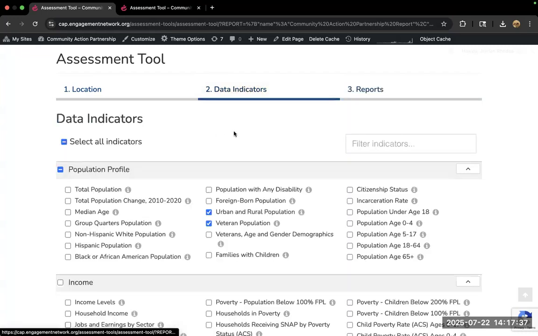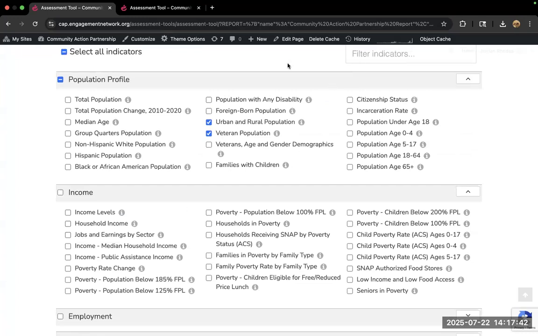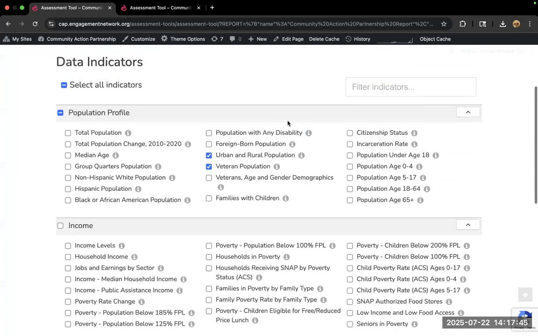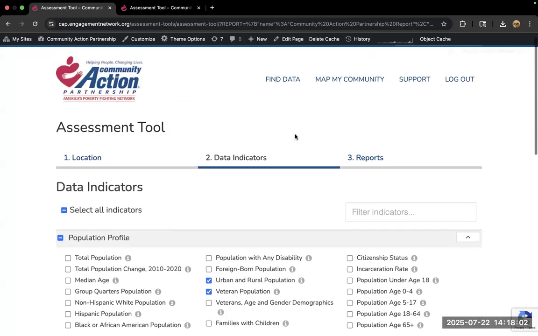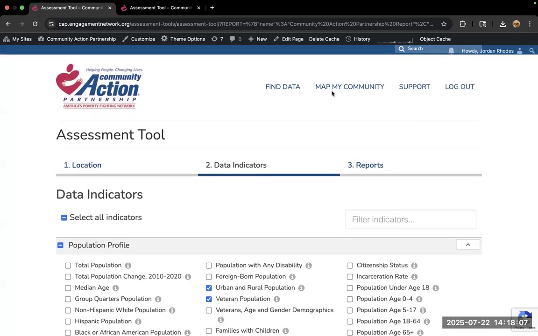Okay, so we pull data from over 100 sources. A lot of the data in this report are going to come from the American Community Survey. We utilize the 5-year estimates rather than the 1 year because these are more reliable, especially for rural areas. And so with these, we are currently on the 2019 to 2023 cycle. However, we pull from a lot of other sources, and the best way in this tool to get a comprehensive list of our sources is actually to go to this map room.